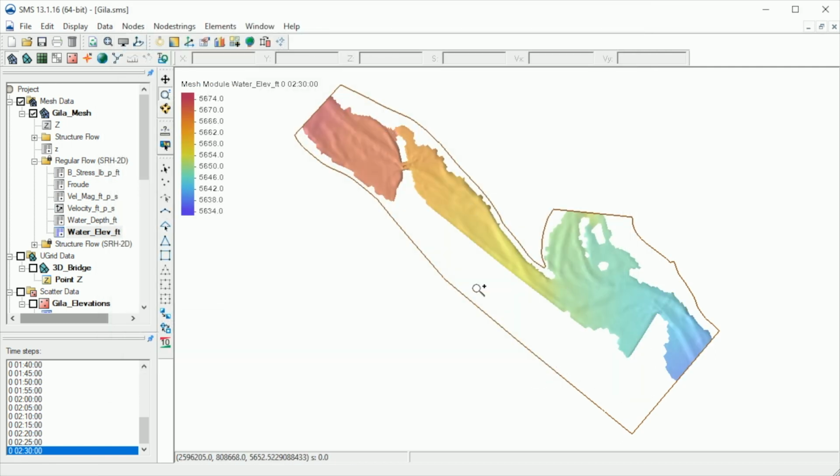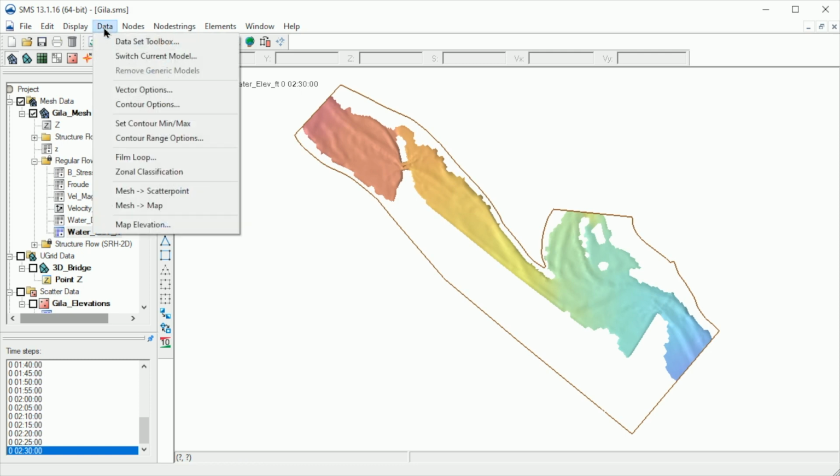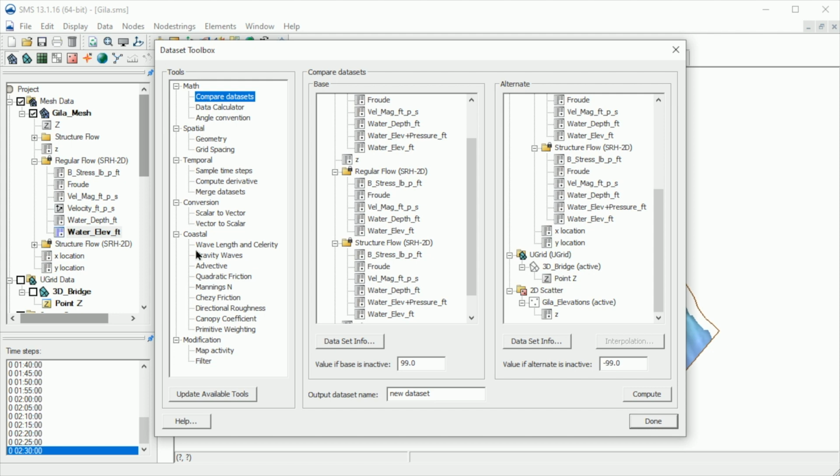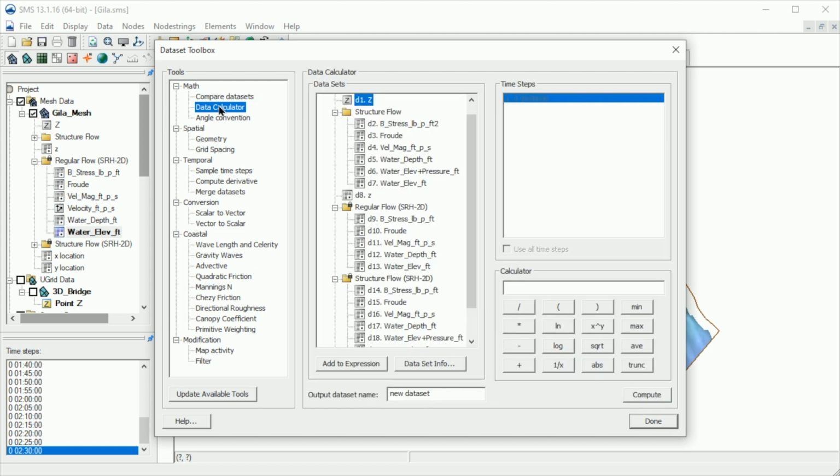Another useful tool is the Dataset Toolbox, which is accessed from the Data menu. The most useful tool is the Data Calculator. With this tool, you can perform arithmetic calculations to create new datasets. As an example, we can create a new dataset for unit flow by selecting the velocity dataset and multiplying by the depth dataset.